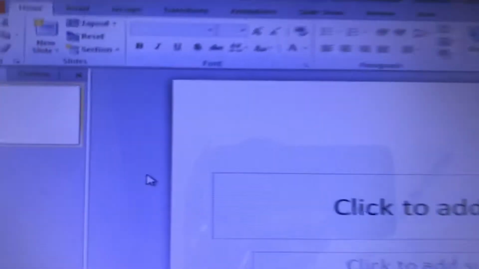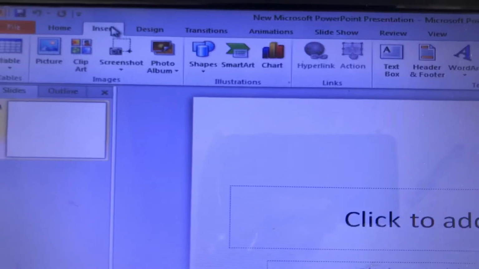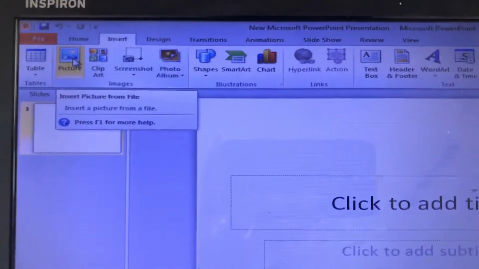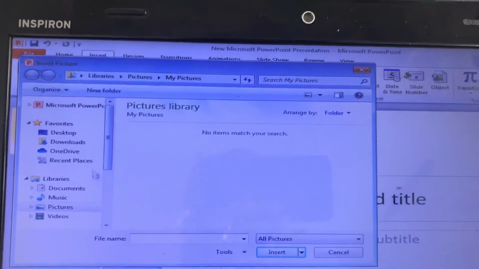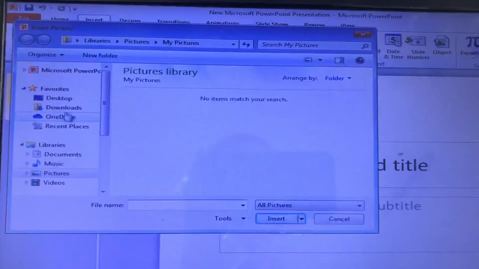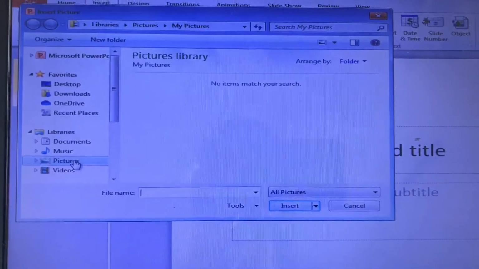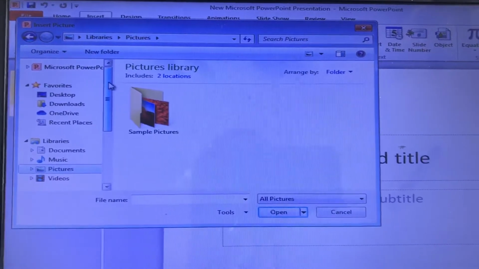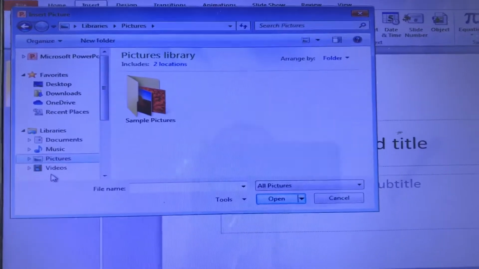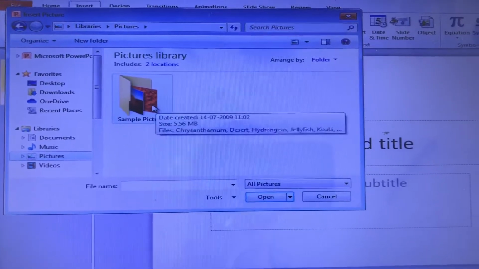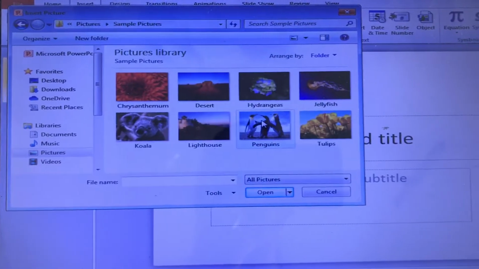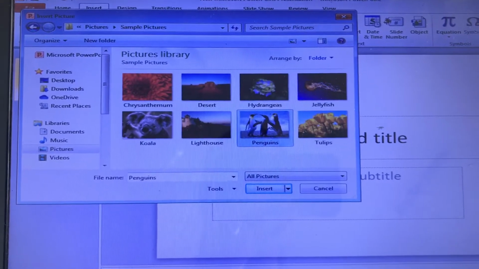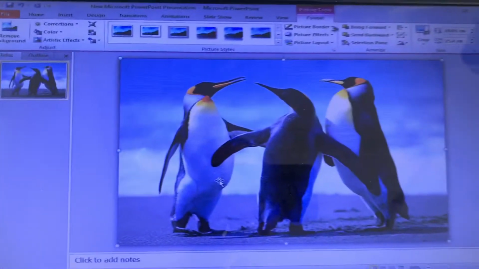So first of all you have to go to insert tab. Here is an insert tab and then you have to go to pictures in images group. Okay, you have to click on pictures option and then insert picture dialog box will appear, and then from here you can locate appropriate folder. Okay, you can click on any folder where your picture is saved. Okay, so I'm clicking on pictures and then you can click here. From here you can open the folder and then you can select any image. Let's suppose I'm selecting this one. Okay, then you have to click on insert and it's done.